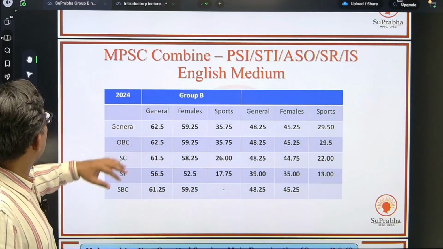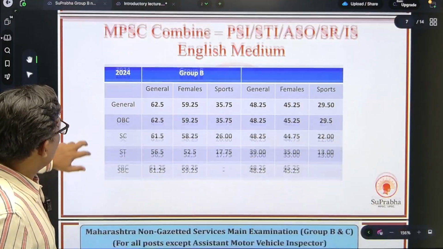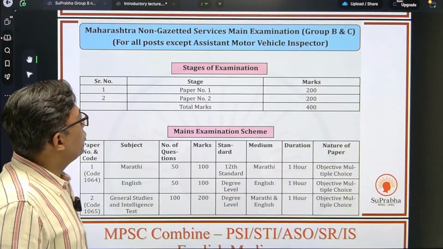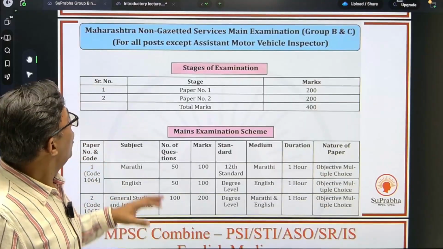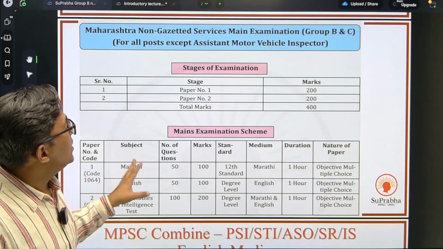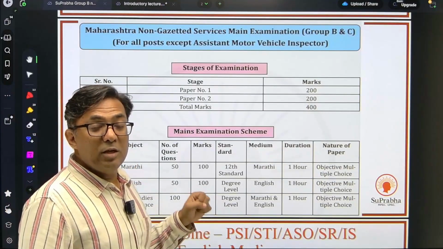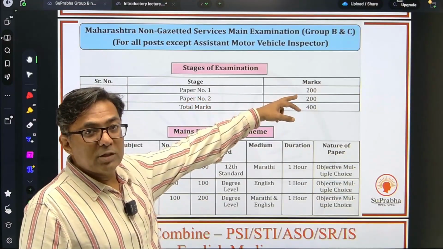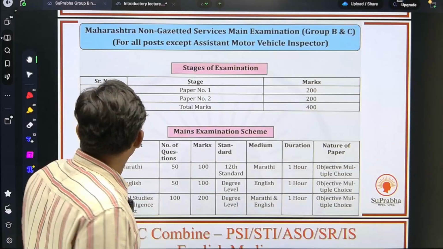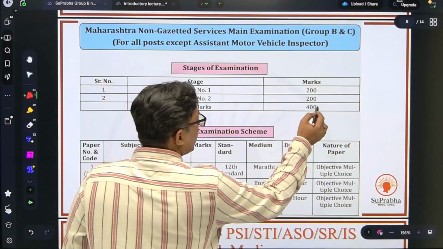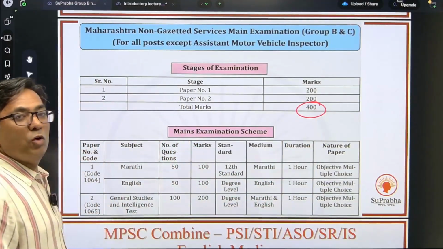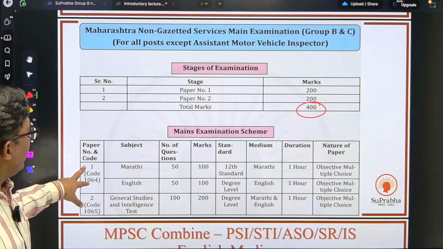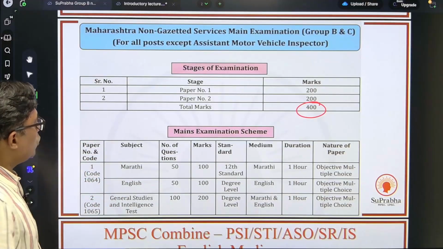Now, once you qualify the prelims, obviously you're going to go for the mains. What is the scheme of the mains exam? Here in mains, you have got 2 papers, paper 1, paper 2, both for 200 marks. That means the total marks for mains is going to be 400. That is the total marks. What is the scheme? Paper 1 in mains is going to be